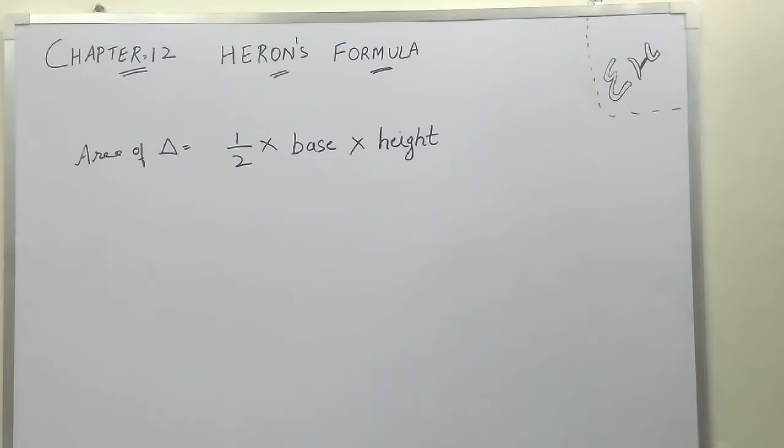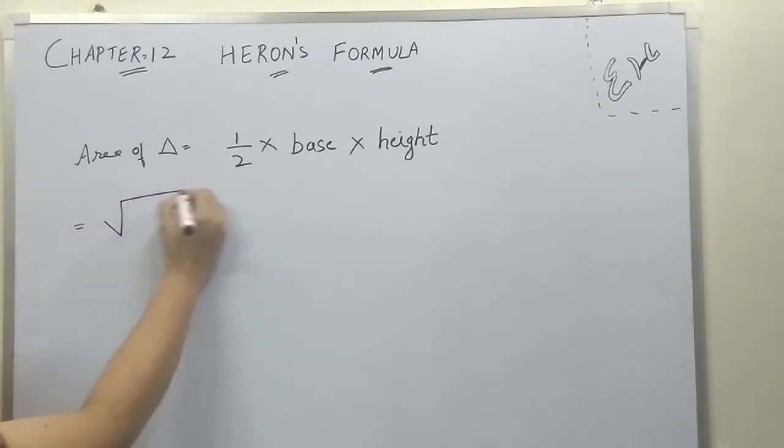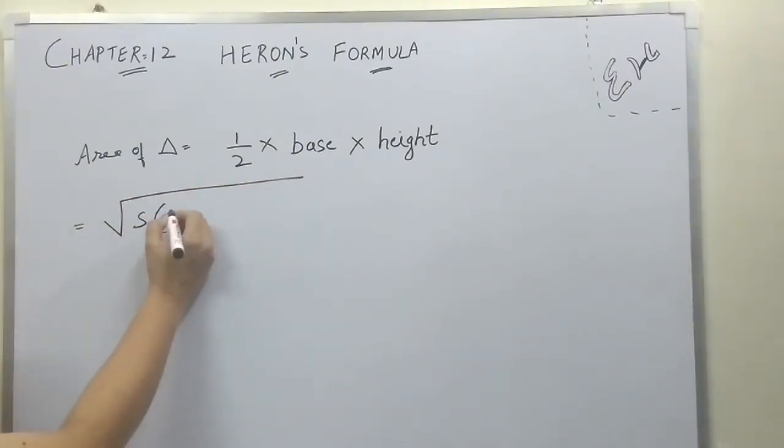Today we will start with chapter number 12, that is Heron's formula. It is used in finding the area of a triangle. Earlier you have learned that the area of a triangle is half into base into height. But in class 9th you will calculate it by using Heron's formula, which is square root of s into